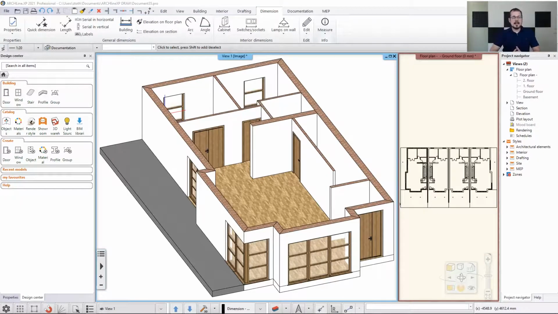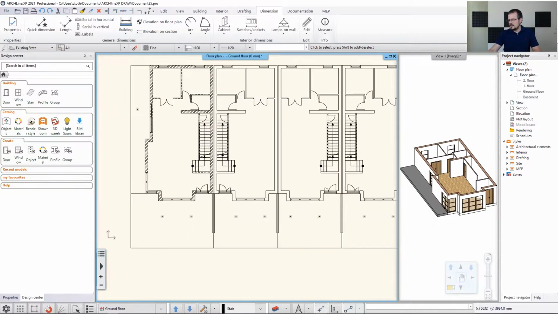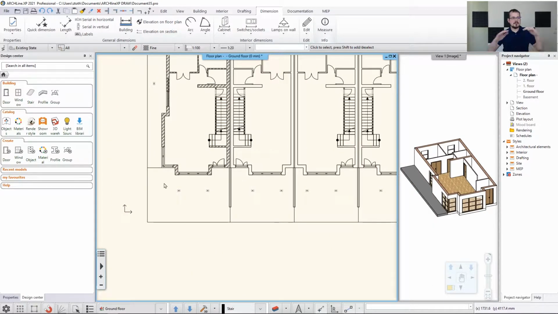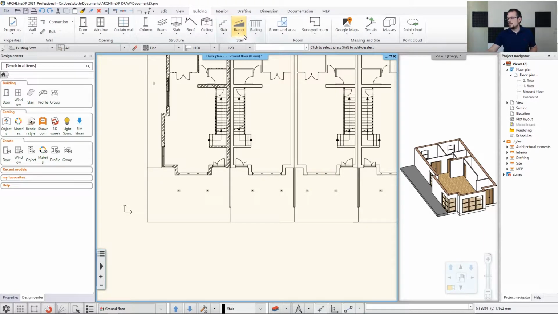Once I have created the slabs, the next step would be to add the ramp, because if you look at the 2D, you see that there's some part here in front of the building. This is actually where a sloped slab or a ramp should be. Now, there are many ways to create this, but I would like to use the tab until the building ramp